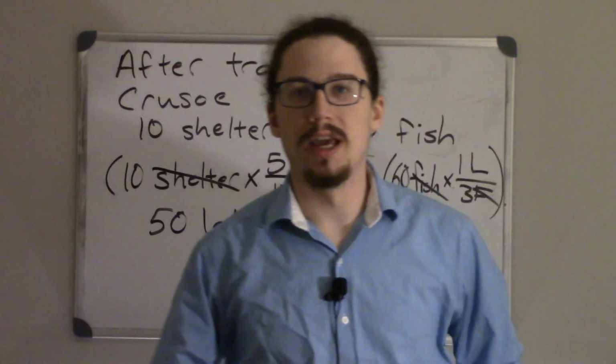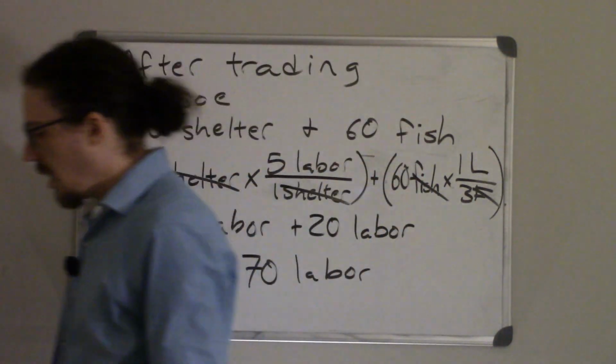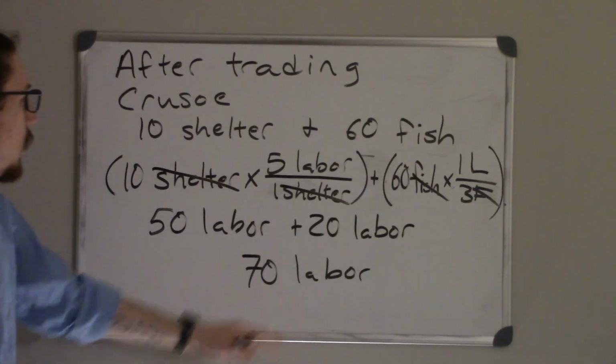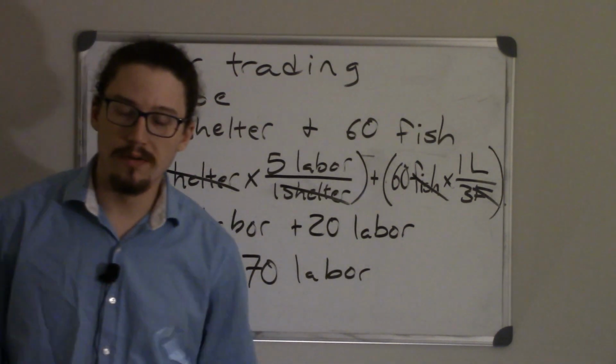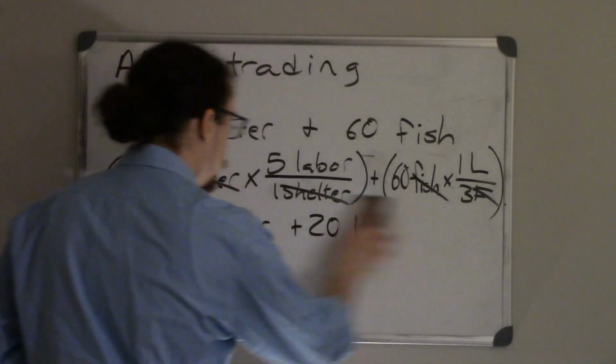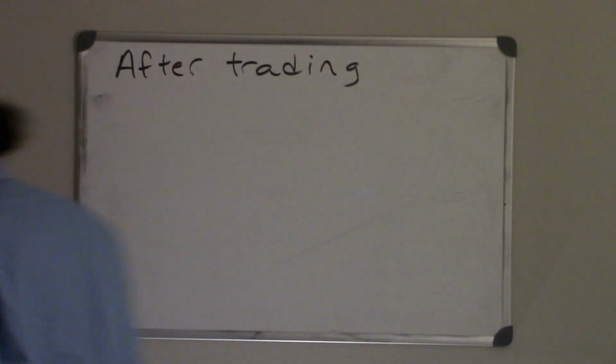But through trade, Crusoe is now able to consume above his own production capabilities, by taking advantage of those differences in opportunity cost. So Crusoe is definitely made better off in this situation. Let's just check and see if